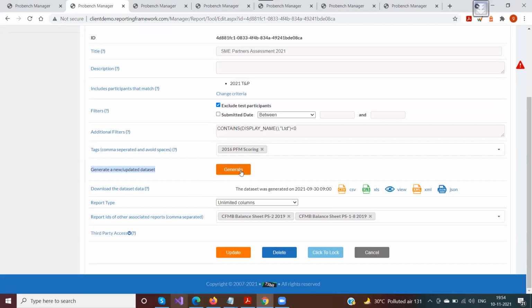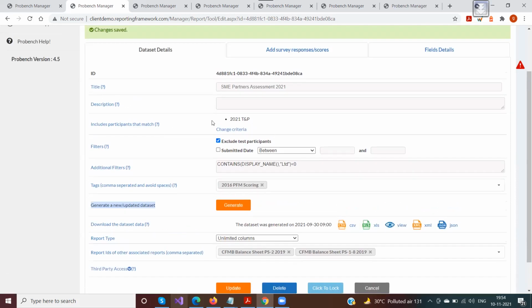Whatever fields that we have added, I'll come to that fields part, but whatever data is updated from the last generated to this generated, all that data would be updated, and the data set would have the latest data based on whichever participants you wanted or whatever you have filtered on the top. All those data would be collected at one place in a separate group and would be available for download. So this generate is very important to have updated data whenever there are data changes.